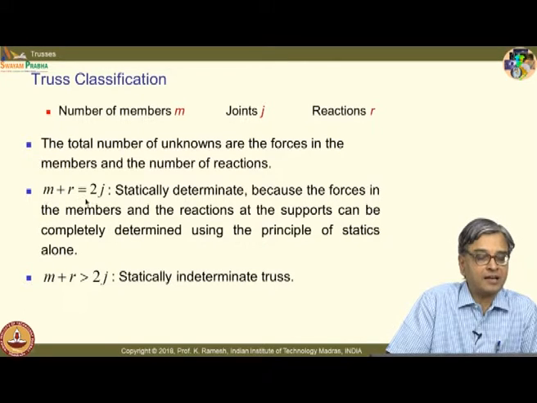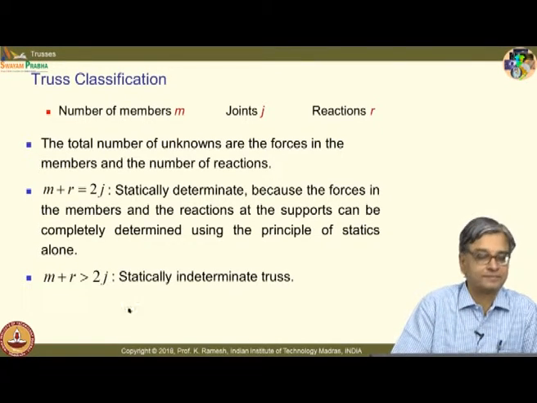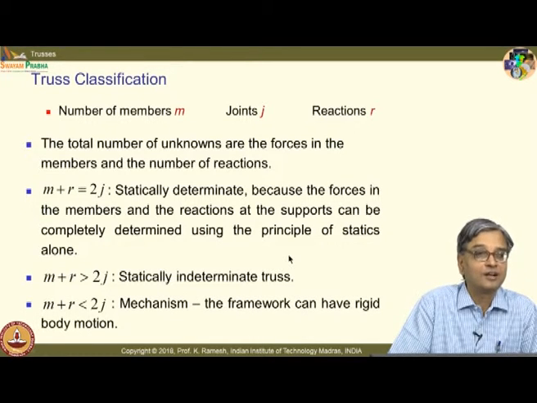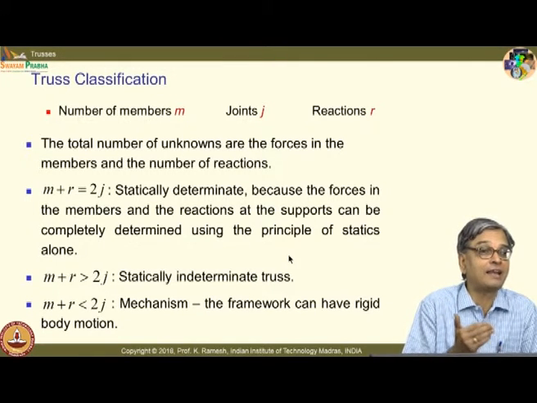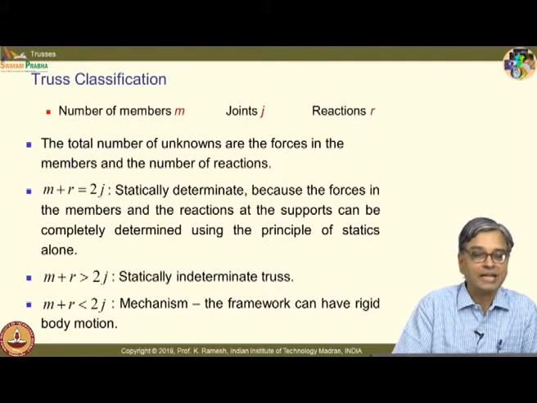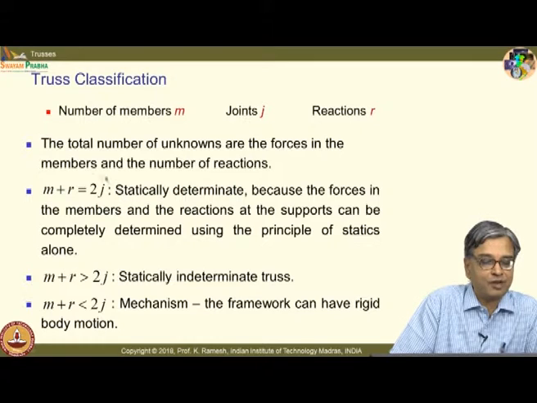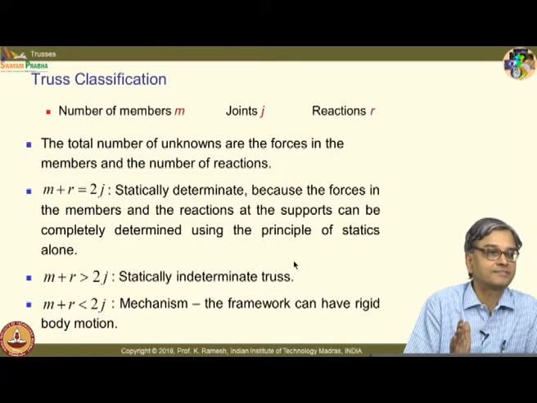We have seen m plus r equal to 2j, and m plus r greater than 2j. What is the natural third case? It is less than 2j. And you have already seen how the truss was behaving. It was behaving like a mechanism. Do we need mechanisms? Yes, definitely. If I have to draw parallel lines in my drawing, I need a mini drafter. Mechanism is also useful, truss is also useful. And whenever I state a condition, I have already told you that you should look for whether it is necessary and sufficient.